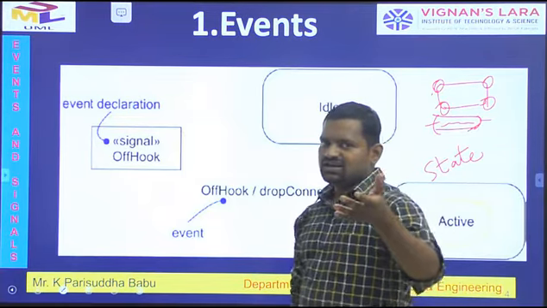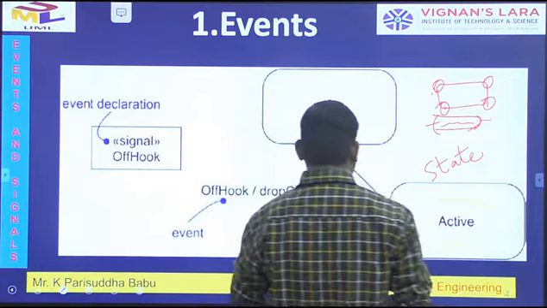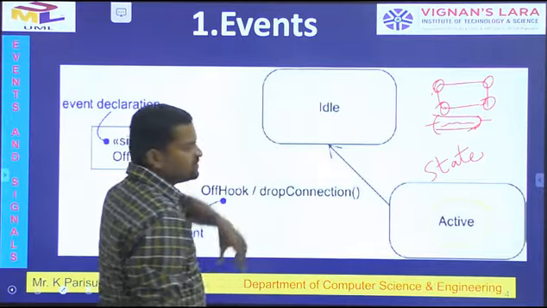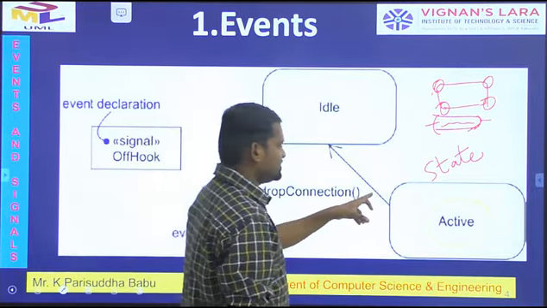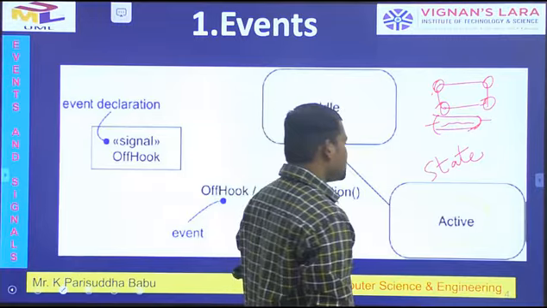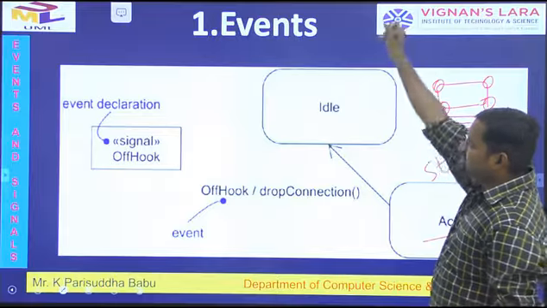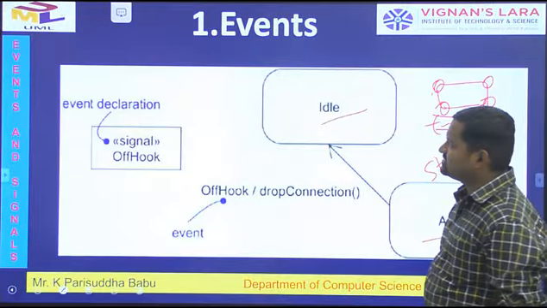In further classes, we will see what a state is and how we represent it. But at this time, we have this diagram to show the difference between the state and activity. A state has rounded edges. The name of one state is the active state, and the name of another state is the idle state. Two states are there in this diagram.